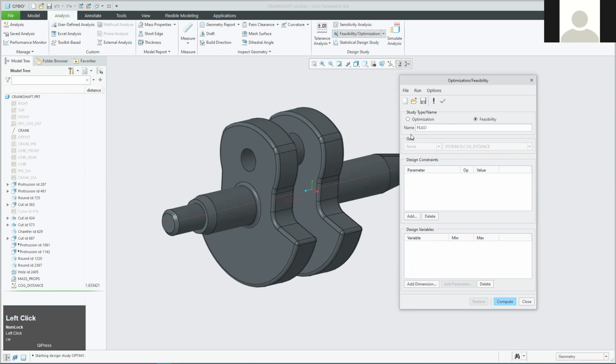So the overall goal of the study disappears because you do not have an overall goal. You just have a constraint. You're just asking a simple question. Can this be achieved? Yes or no? And that's it. You're not looking to drive something to its absolute minimum or maximum. So add a constraint,